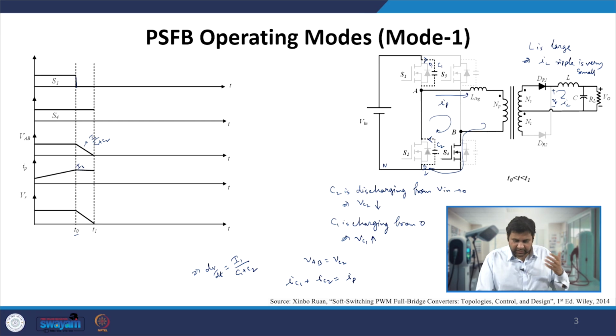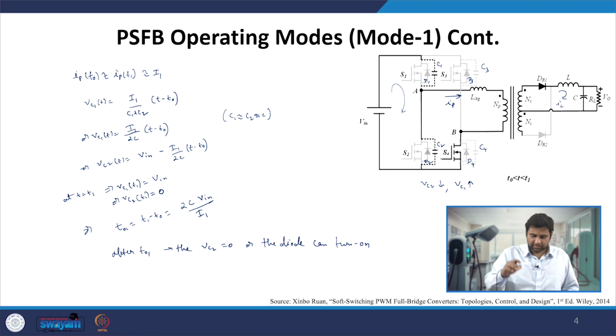If we look very carefully, the VAB voltage is nothing but equal to Vc2 voltage, and since Vc2 is falling down, it is discharging with the slope I1 by C1 plus C2, where I1 is nothing but the reflected current of IL, and if we consider this to be nearly the same as I0, we can just say it is I0. Since VAB is falling down, the VR voltage is also falling down in the same manner. Here IP is nothing but the summation of IC1 and IC2, the currents through the C1 and C2 capacitors.